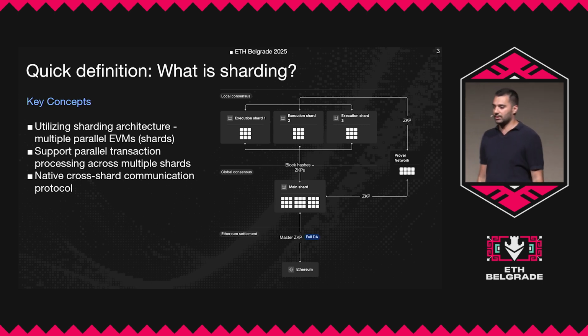In the current Ethereum ecosystem, you have multiple rollups. They all communicate with bridges. In a sharded system, you don't need them because the shards can send messages around. Now if we go a step further, to what a sharded EVM chain is, it's nothing more than having multiple of these instances of execution, and each one of those is running the Ethereum virtual machine. This means for any dApp developer that you can take the existing dApps that you already have, deploy them to any one of these shards, and it will work.